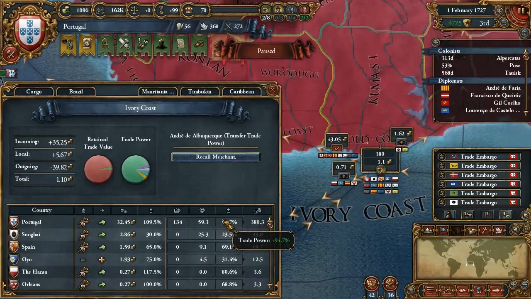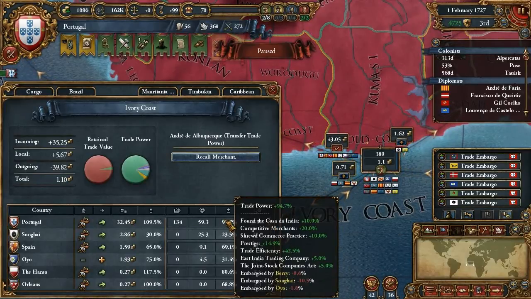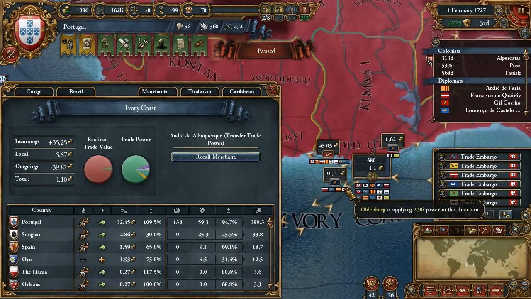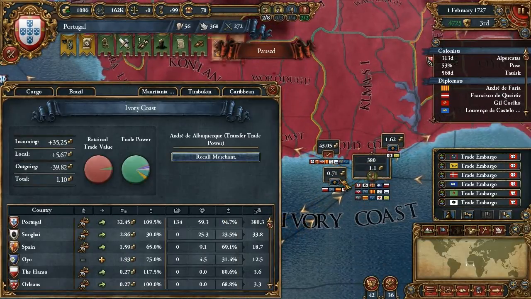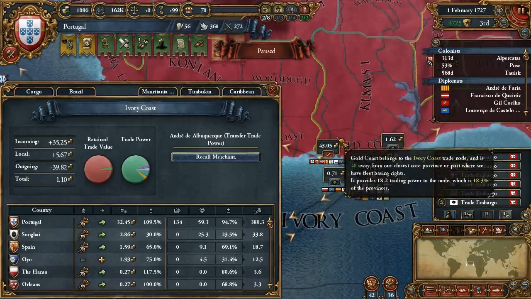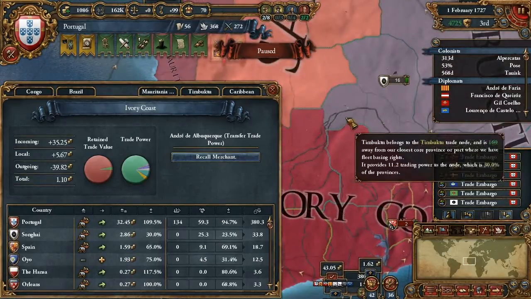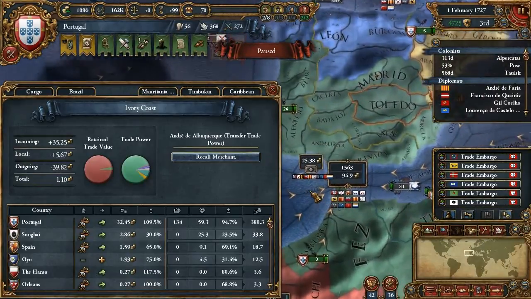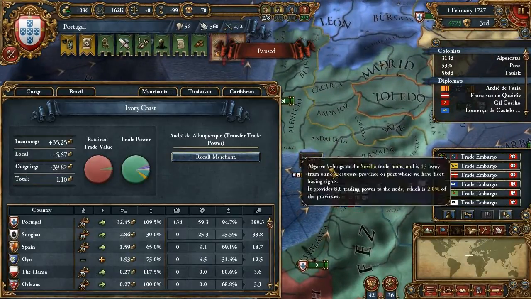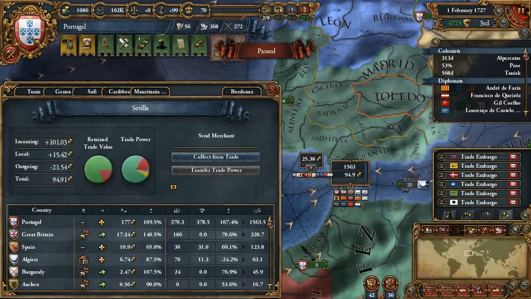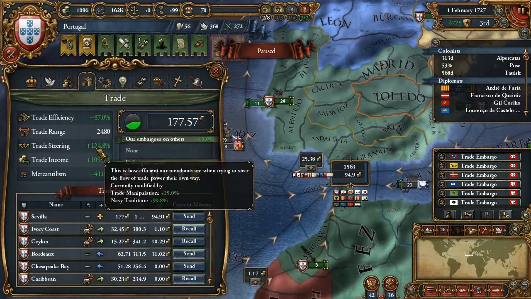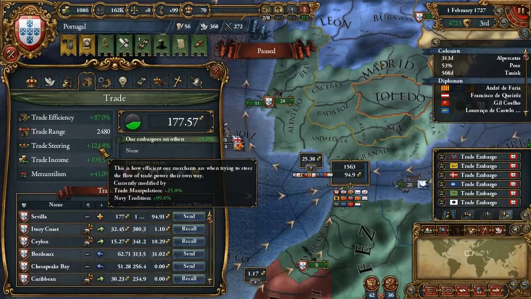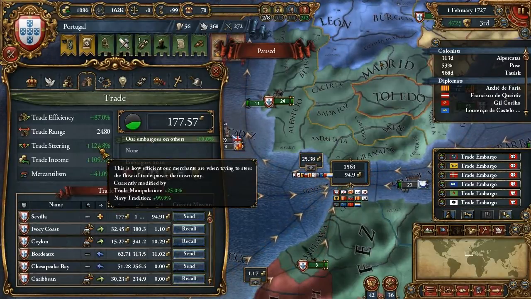Now I'm not entirely sure where it is, but basically the more trade steering power you have, the more control you'll have that it'll go your way over other people's ways. So with more trade steering, you need less trade power to make it go along your way. It has nothing to do with collection. And like I said, it's affected by ideas and navy tradition,